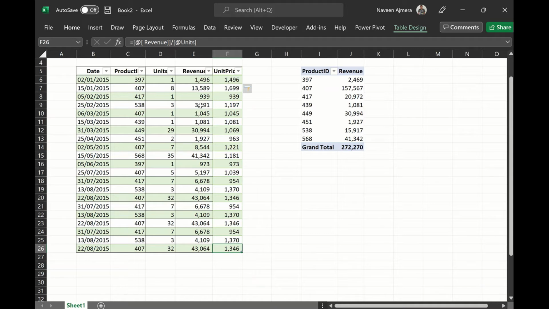Now, the combination of table and column name is called a structured reference, and that's where the power of table comes in various shapes. I'll give you a few more examples there. The name in a structured reference adjusts whenever you add or remove data from the table, right? So let's start writing some formulas outside the table, and structured references also appear when you create a formula outside the table that references the table data.